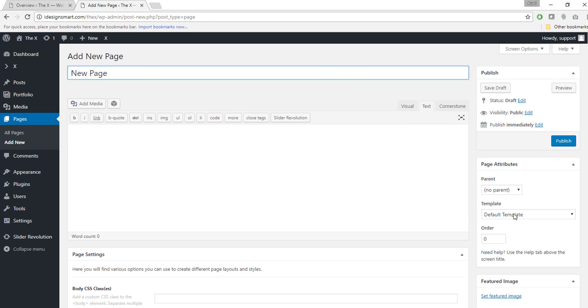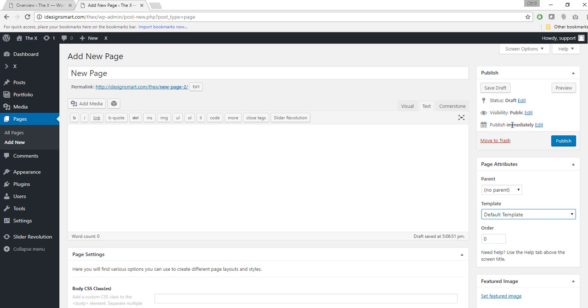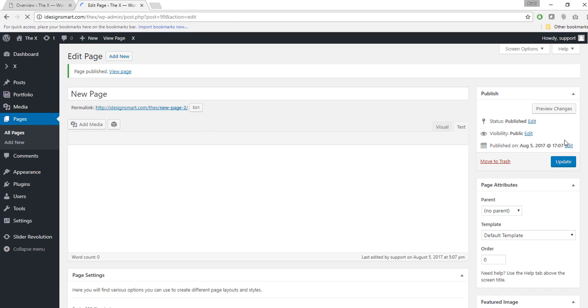And instead of the default template, you can select the different page layouts that you have. So a lot of people have this problem. Let's say I just leave it to default template and say publish. So now, before we go into all the detail with the spacing, you can change the permalink here as well. New page 2 is new about page. So I will just give it that, and I will just leave it at default template,